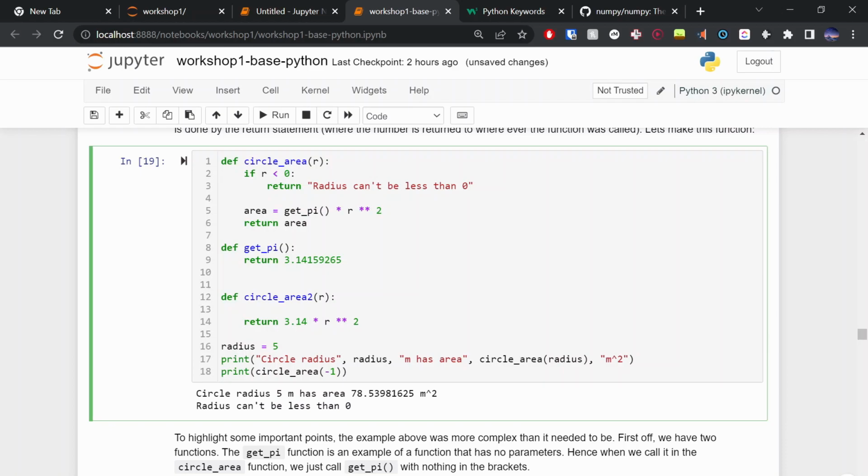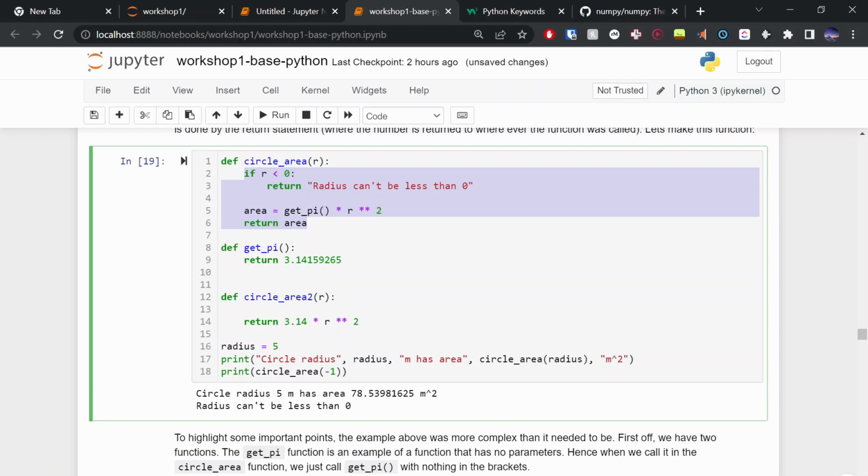But the intention with this is to highlight some important features of functions. We can return early, so as soon as it hits that return statement, it doesn't execute whatever's below. It returns that to whatever called the function, right?